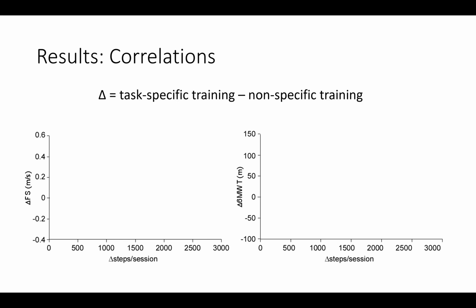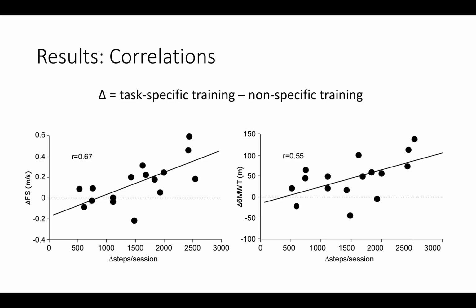Similar to the last study, looking at potential dose-response relationships. In this case, it's changes in steps per session. So keeping in mind that everyone did both interventions, across the bottom we're comparing the number of steps they got in their typical task-specific training, where they did a lot of walking, to the number of steps they got in the non-specific training. And then on the y-axis, or vertical axis, looking at how that is associated potentially with their changes in walking